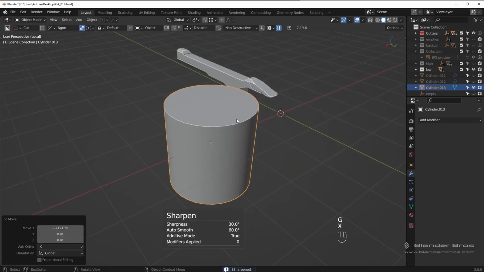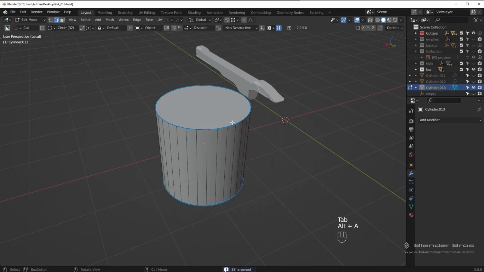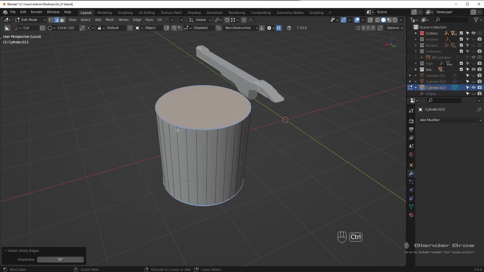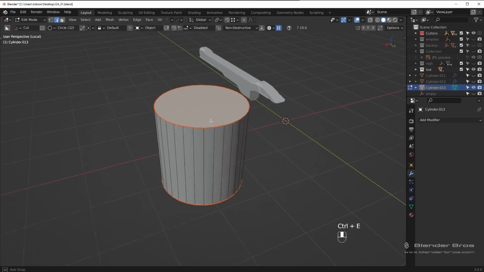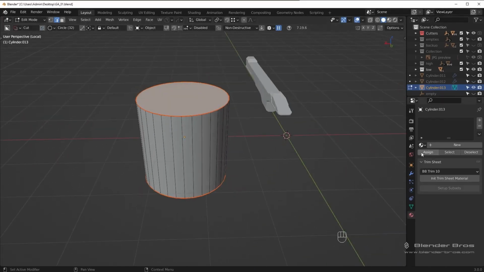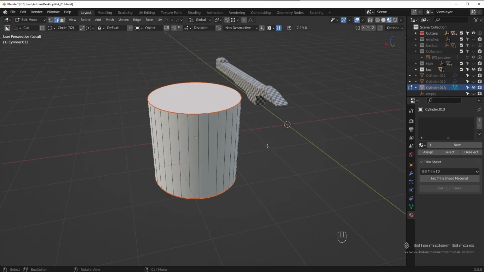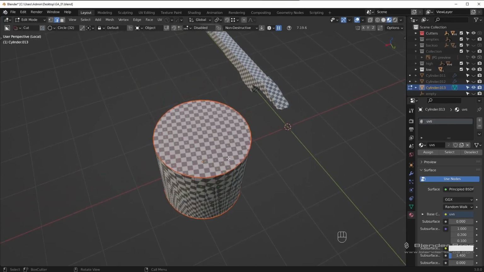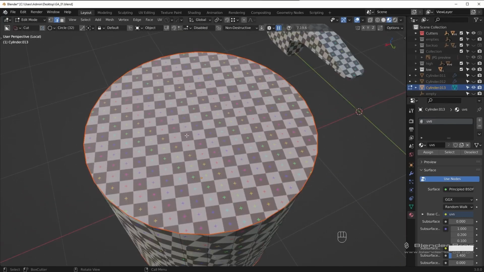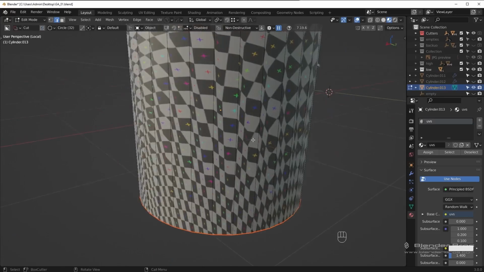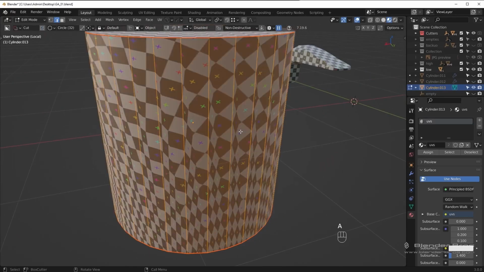And what would happen if we wanted to unwrap this cylinder? Well, we could use our automation trick. We would go to select the sharp edges, and then Control E to mark the seams, right? Let me go ahead and give it that UV's material as well so we can actually see the checker texture. So we'll go in here, and you're going to see that although the UVs look fine, or the checkers here on the top look fine, same for the bottom, we get this really nasty skewing,